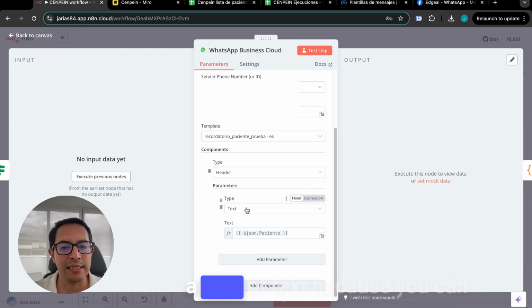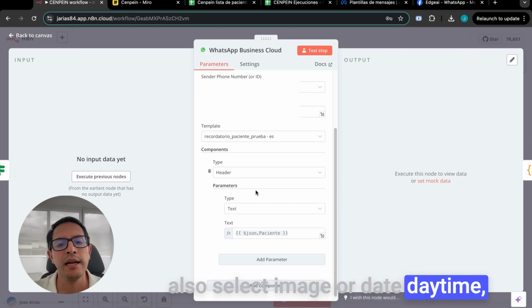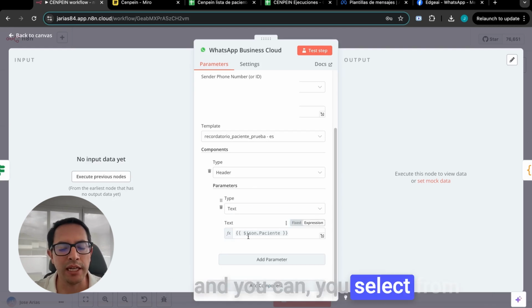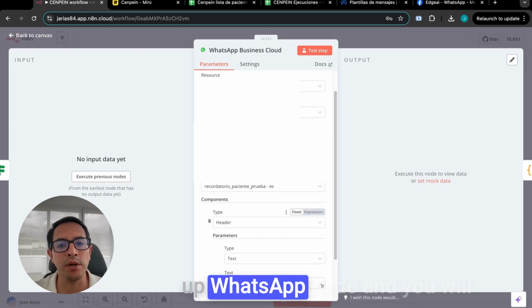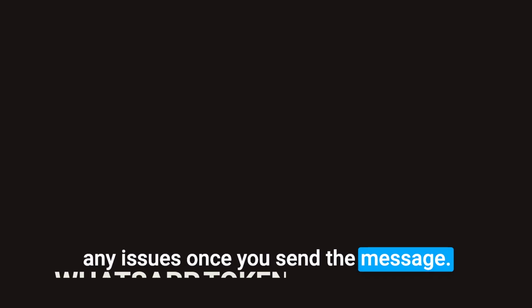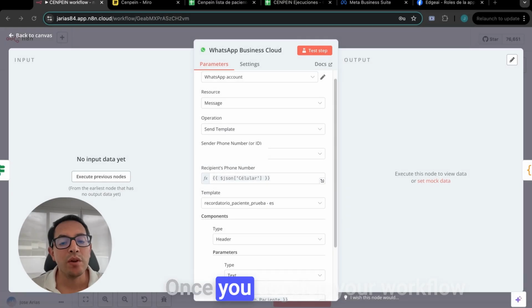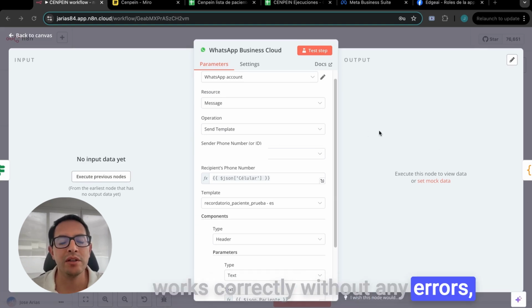And I select that as a type of text, because you can also select image or date time. And you select the patient name from previous nodes. And that's basically how you set up the node. And you will see that it won't cause any issues once you send the message. Once you develop your workflow and test that it works correctly without any errors, there's one more